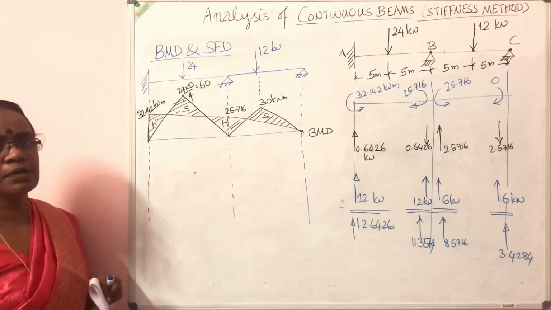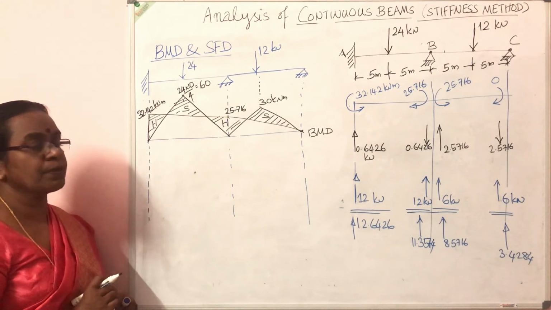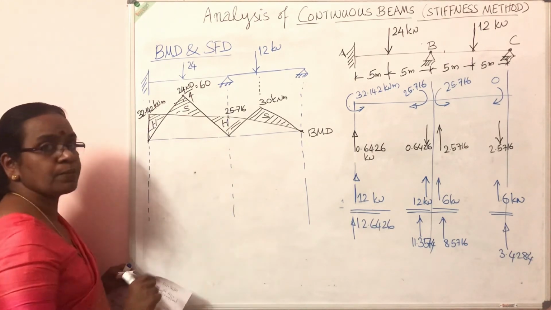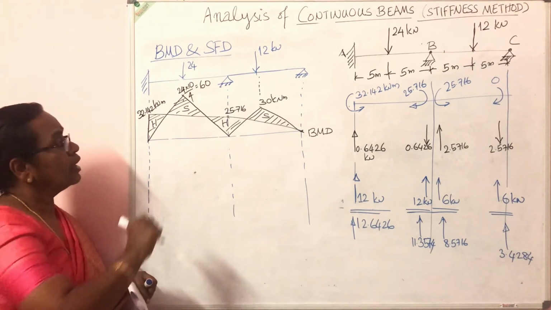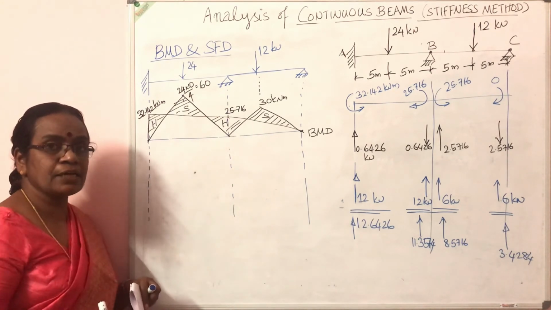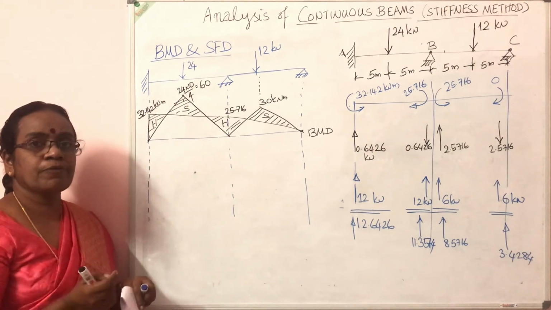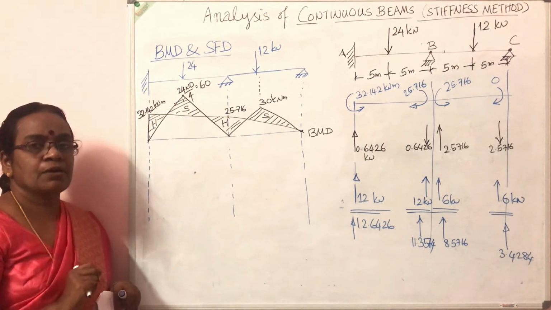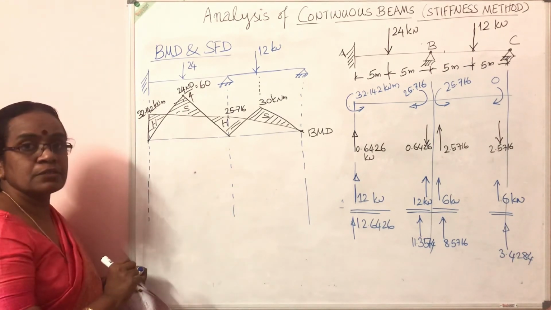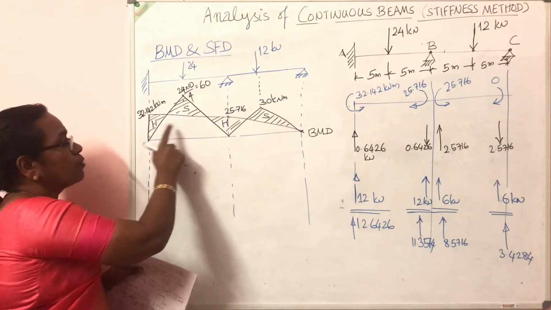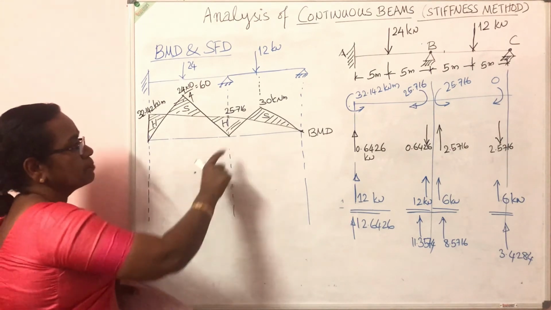The bending moment diagram is drawn to get an idea about how to provide the tension reinforcement. In the support portions, it is hogging moment, which means out of the total depth of the beam, you have to provide the reinforcement at the top. And in the span, it is sagging, which means you have to provide the reinforcement corresponding to this value at the bottom of the beam. The beam is of, say, 60 centimeter or 40 centimeter depth. Below the neutral axis, you provide the reinforcement in the span portion, and in the support portion, you provide the reinforcement above the neutral axis. Okay, so this is the bending moment diagram.